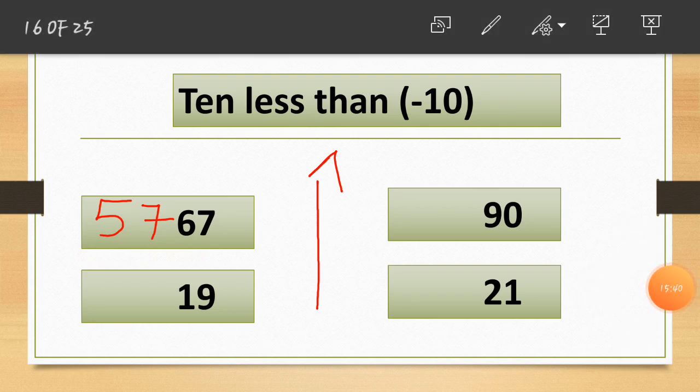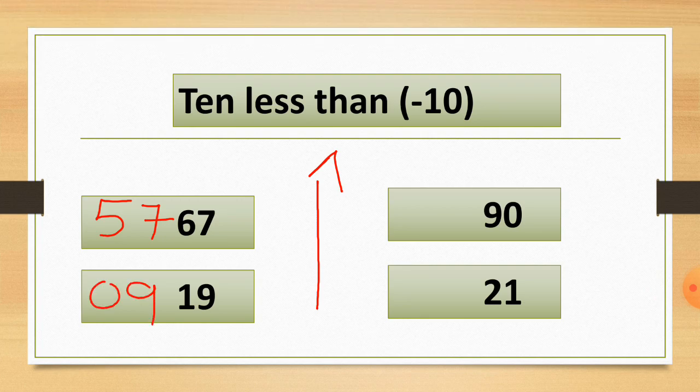Here is the number you can see, which is 19. If I cut one from 1, I get a 0 here, and 9 in the ones place, which is as it is. So here the ones value is 9, and here the ones value is also 9, and here is 1, here is also 1. 1 minus 1 is equal to 0. So here is our answer, 9. Here there is no value, 1 minus 1 means 0. If you don't want to write anything, this place will be empty and you will get the number 9. So here our answer is 0, 9, it means just 9.